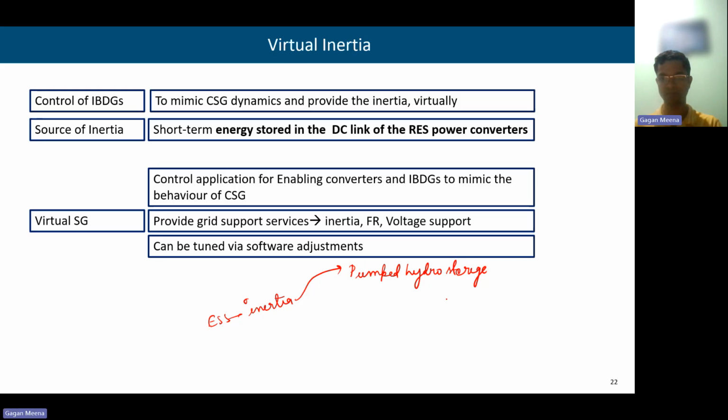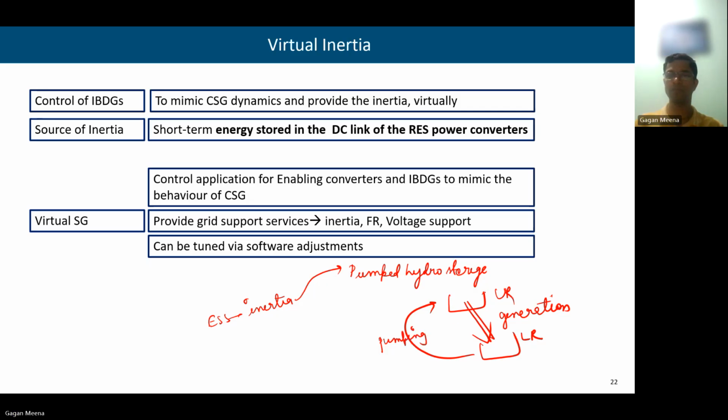Okay, so this is the upper reservoir and this is the lower reservoir. When water falls from the upper reservoir to the lower reservoir, then there is generation. Right? When water is again sent back from lower to upper reservoir, then the water is being pumped. The same